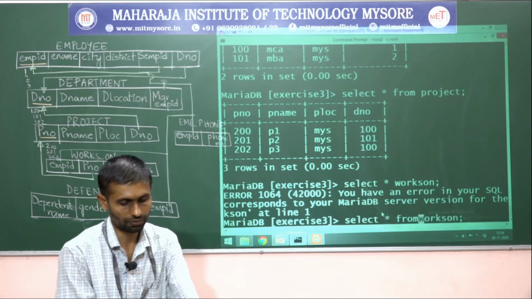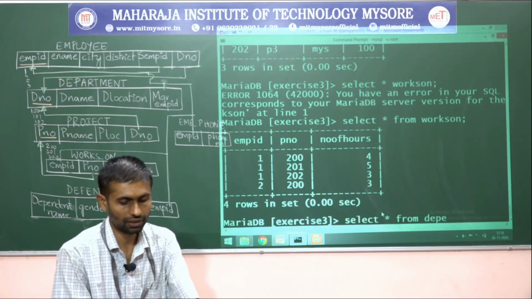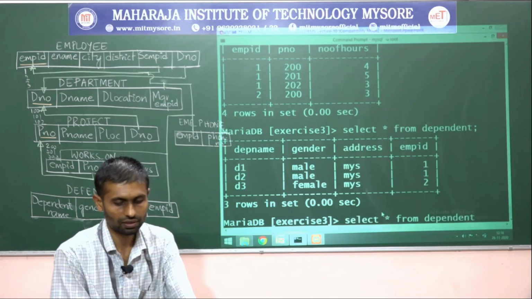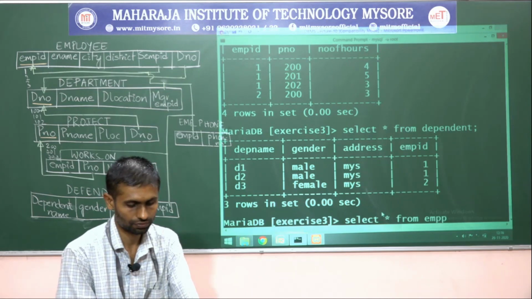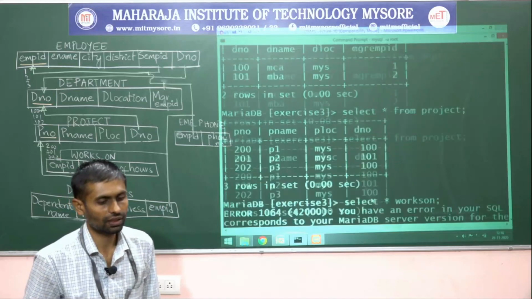From is missing, right? From. Next we'll display department dependent. Yes, done. Next we'll go with the last one, EMP phone. Yes, guys, almost we are ready with all tables and with the data, right?